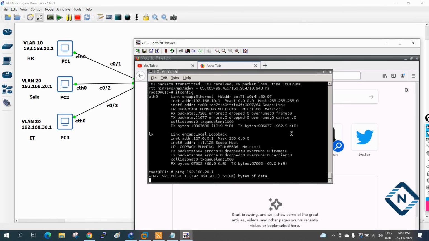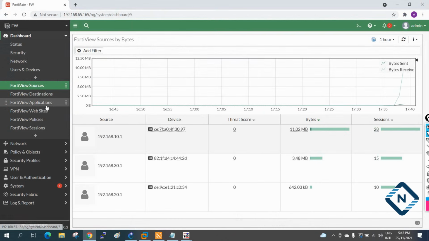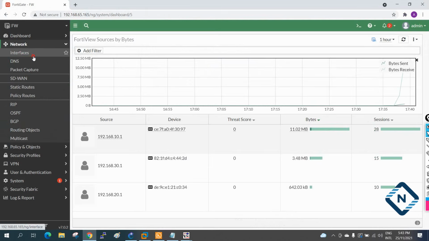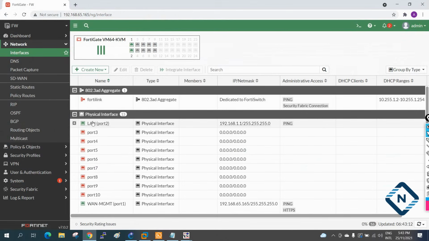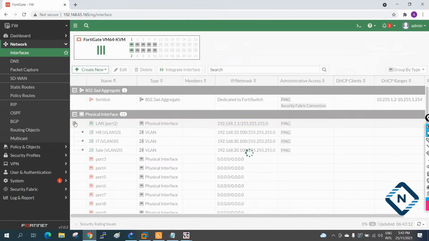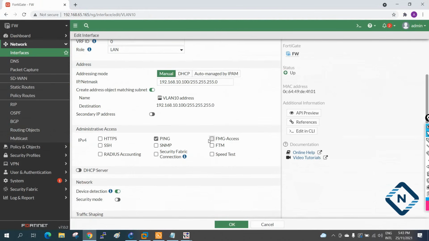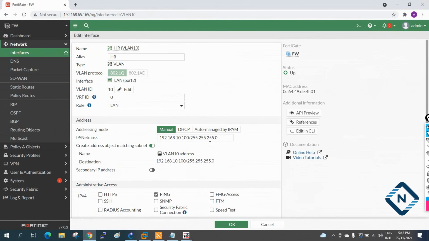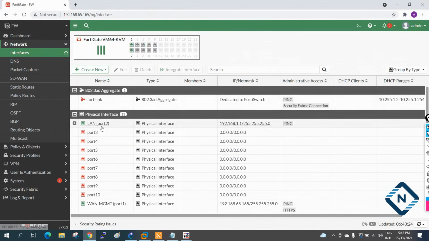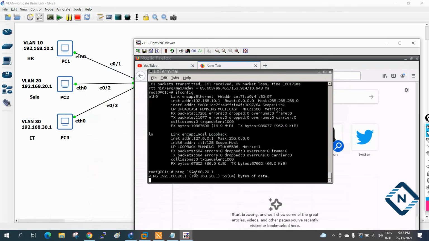Let's see why, because if you remember in our policy, when we configured that interface, we selected one thing, I will show you that one, inter VLAN. First let's see if this is pinging or not.